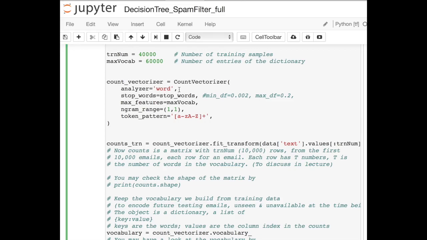I think we have different choices, like counting letters or different kinds of codes. But for email data, the word is an appropriate choice of basic unit for counting. And stop words means words that are too common in English,